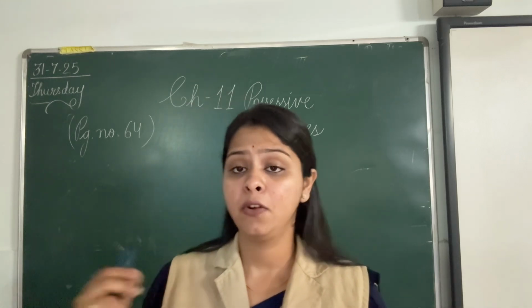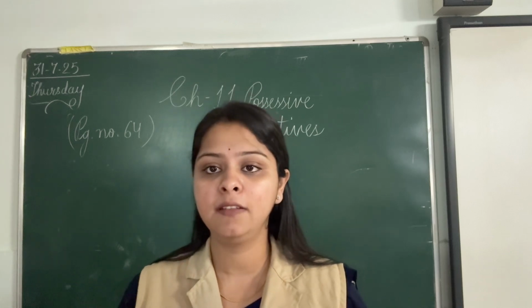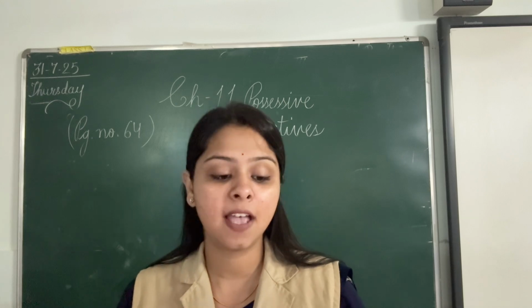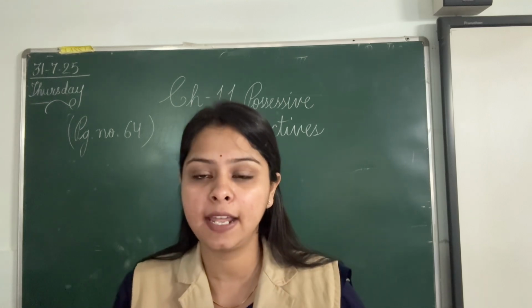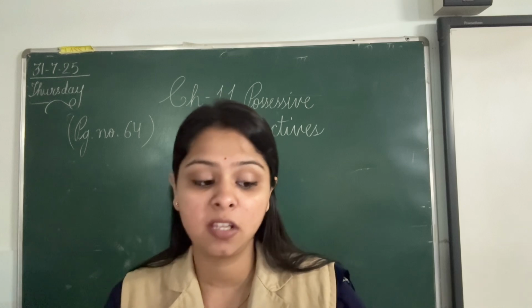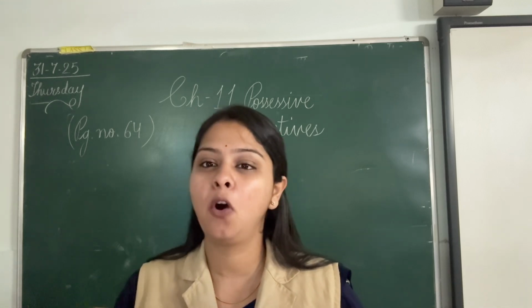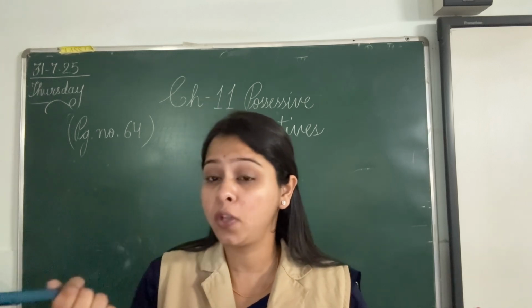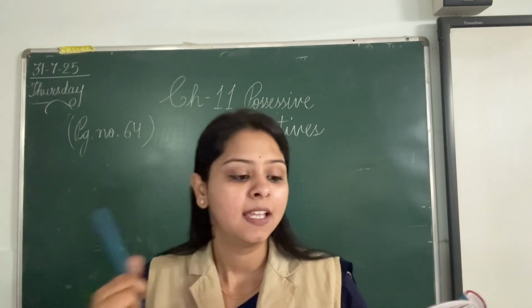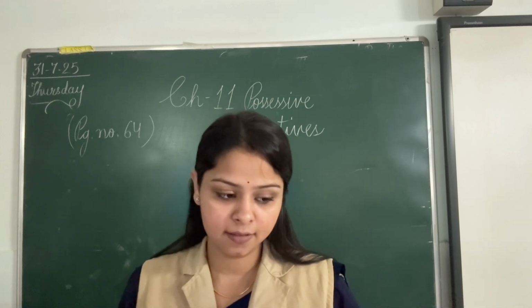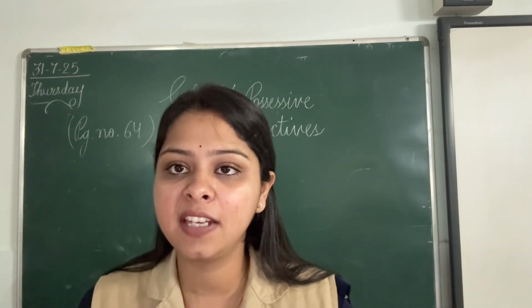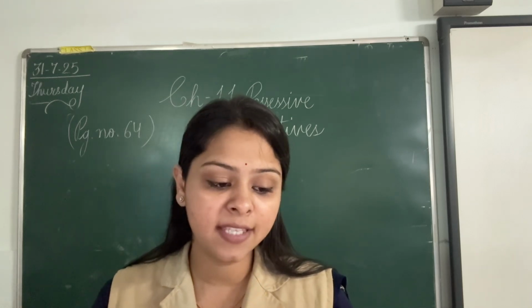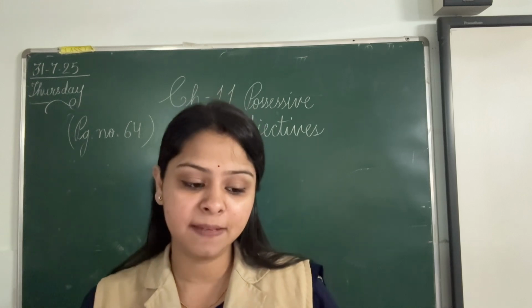So quickly revise the definition with me. I am reading. You also pay attention to it. Possessive adjectives tell us about possession. They show relationship or belonging. Example, as I told you, my pen was showing ownership, that it belongs to me. Examples to follow: my jacket, our home, your pen, his car, her dress, its tail, their team.